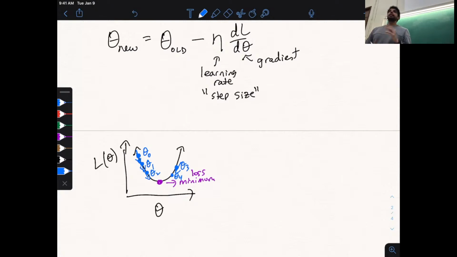Okay, so in these kinds of simple scenarios, you might even be guaranteed to find the minimum, depending on the properties of your loss function. But with neural language models, the loss surface is highly non-convex, and you are not guaranteed, even if you apply this gradient descent process, to reach the global minimum of the loss surface and find the best possible model on the training data set. However,